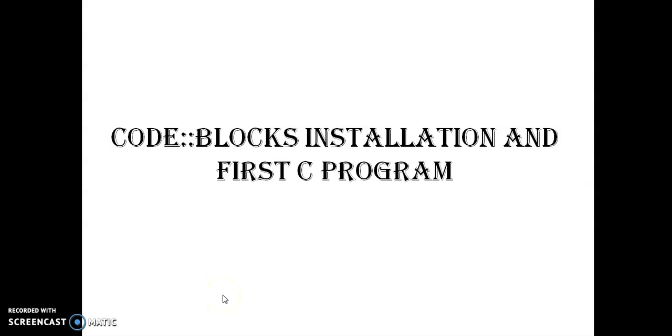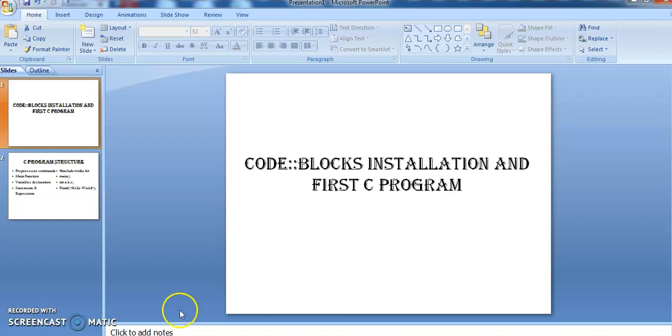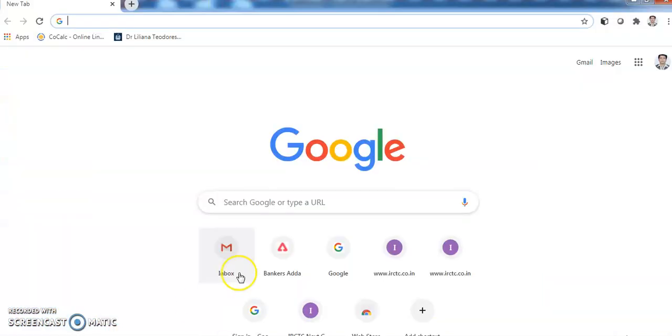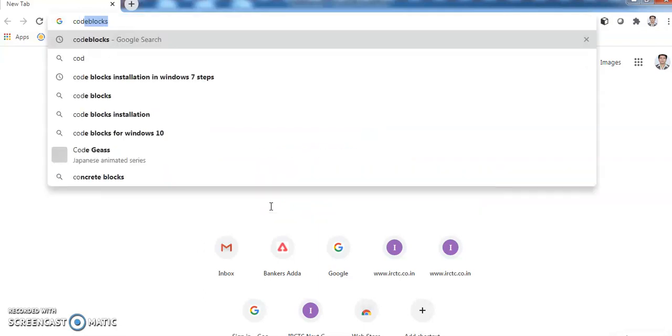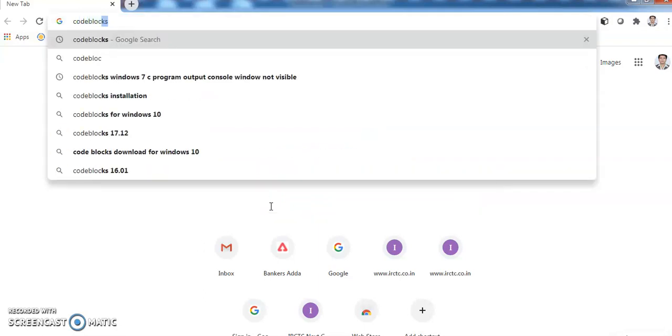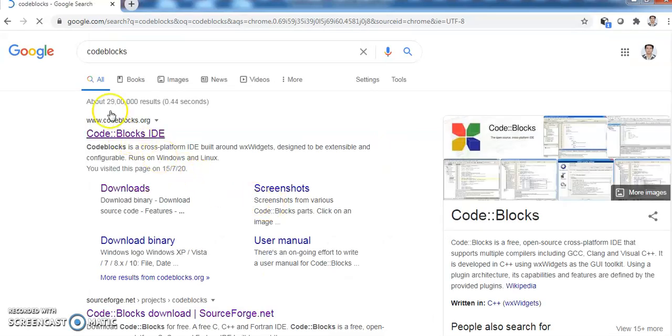So to install Code::Blocks, we have to go to the browser and search for Code::Blocks. Here, check whether it is the official website, that is codeblocks.org, and click on this link.